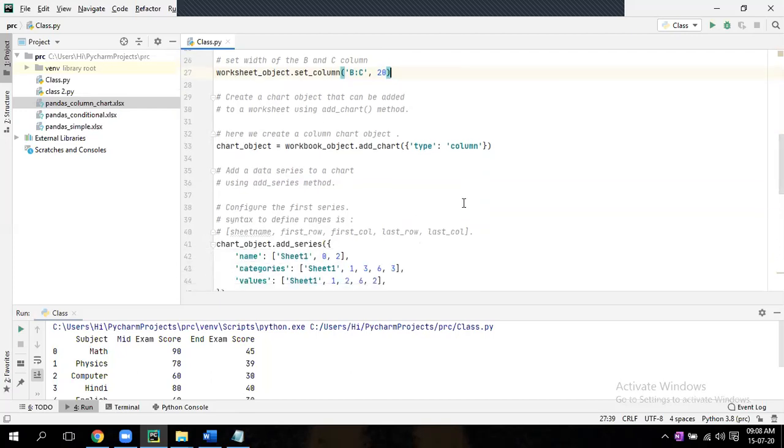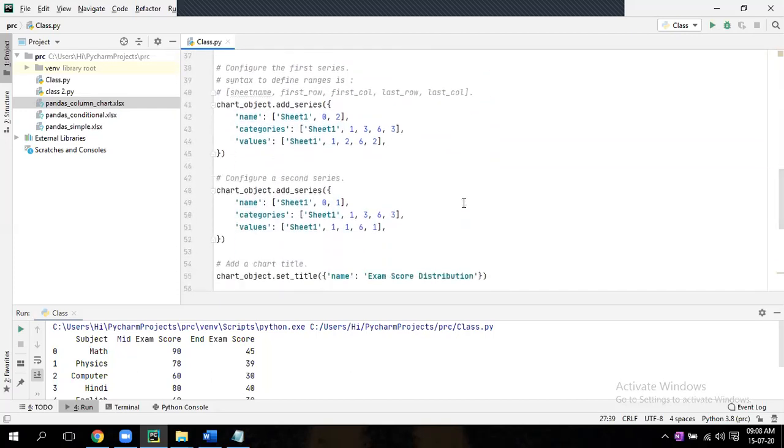Now come down. Here what we are doing is taking these as the values to plot in the graph. So these are the name, categories, and values. We are creating the series, because in the graph we need an x-axis and y-axis, right?